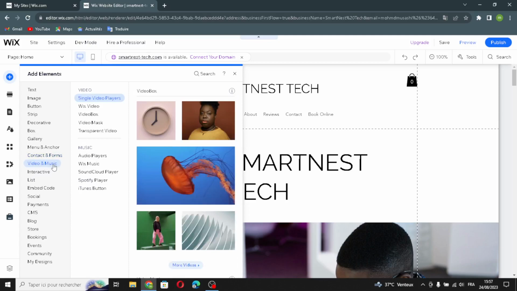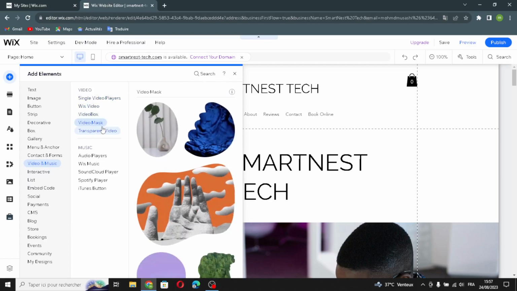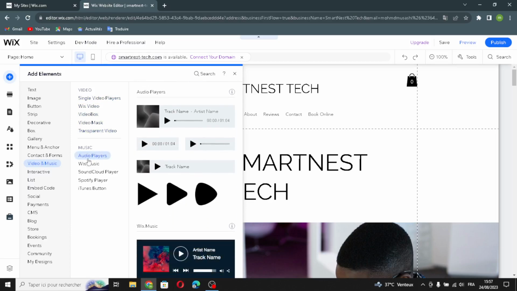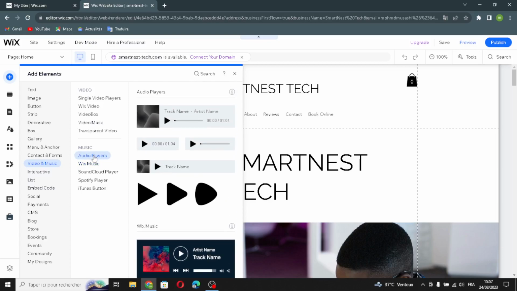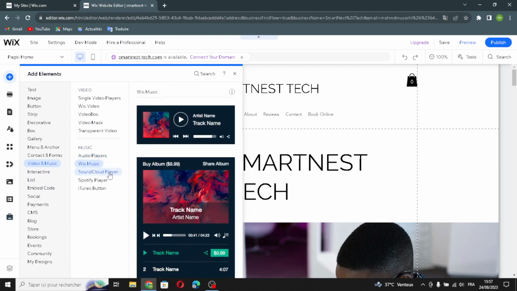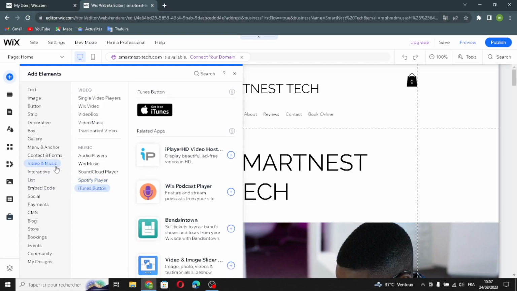So let's move on to the video and the music. If you want to edit the Wix video, the video box, the video mask, and transparent video. Also, this is the music settings, the audio players. If you want to edit the audio players, the Wix music, the SoundCloud player, Spotify player, the iTunes button, and